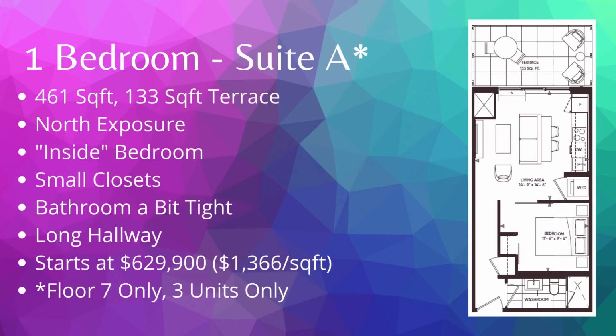So this layout does have a terrace counterpart. The terrace makes the balcony 133 square feet, and it is very nice if you are living there alone, even if you have a partner. It's very nice because you have a very big indoor space. It's very functional, and a very big outdoor space as well. This unit is